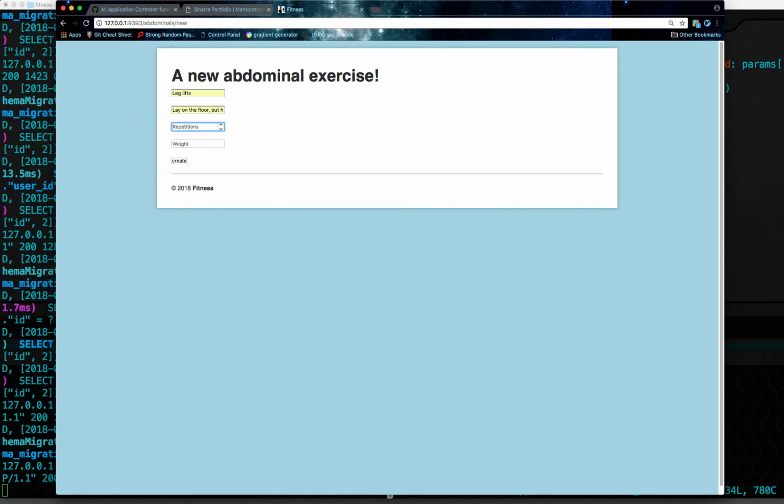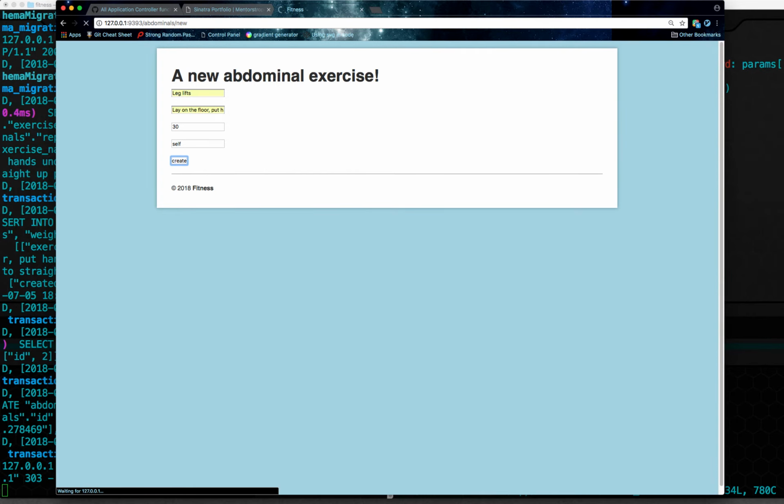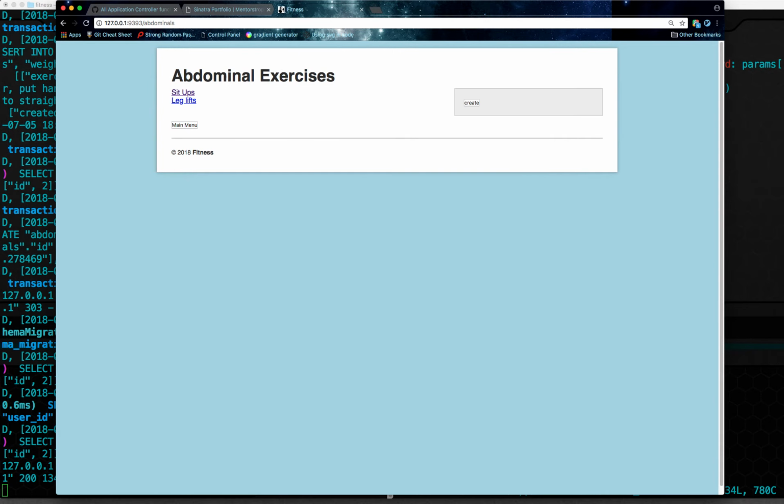And I'll just put 30 just for whatever. And the weight obviously is yourself, unless you want to strap dumbbells to your feet. And bam. Now it's in the full list of abdominal exercises,